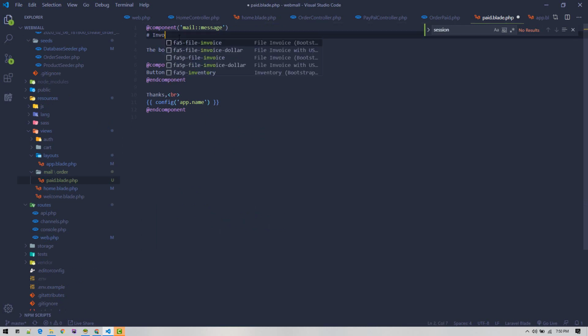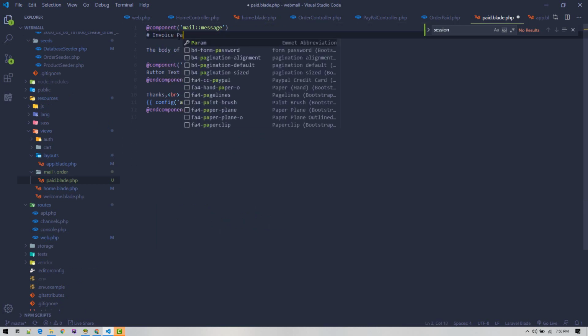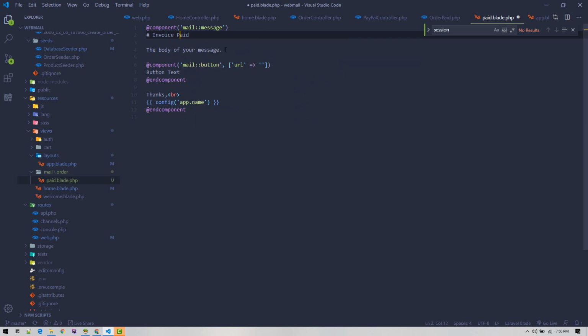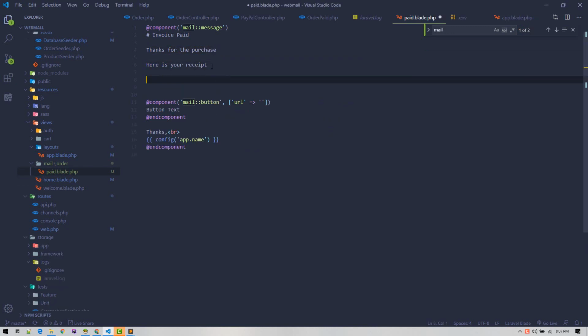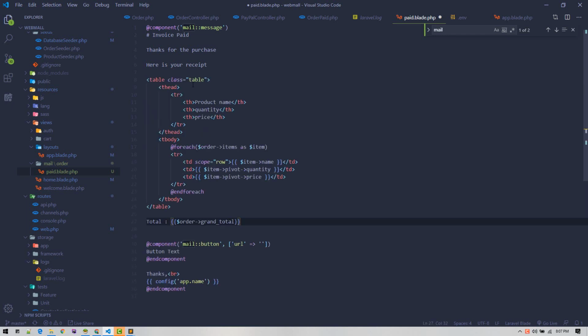So here I will say invoice paid and say thanks for the purchase. Okay, so here we'll construct the HTML table and display the quantity and price of the order items. So I'll paste that in. So here is the HTML table with product name, quantity and price, and we are looping through the order items,